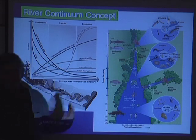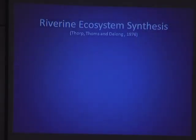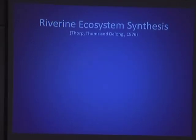You find them in the upper reaches too. And so there's these habitats that aren't really continuous as far as their distribution from one end of the river system to the other. And a concept that is starting to catch on, and is pretty popular now, is the river ecosystem synthesis. It's really an attempt by Thorp and others to fill in the gaps with this